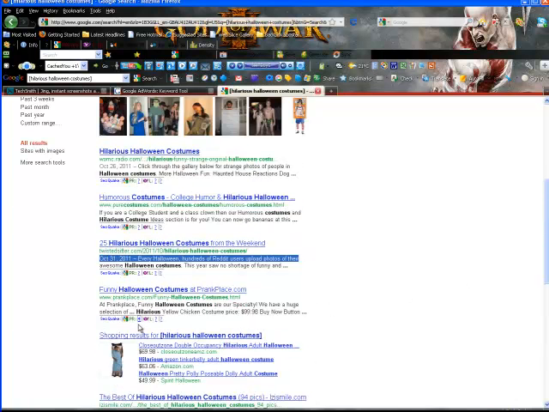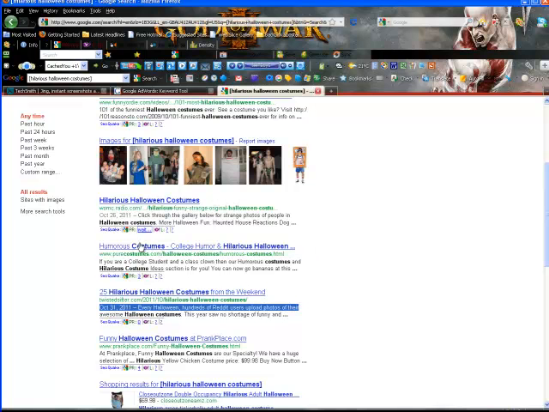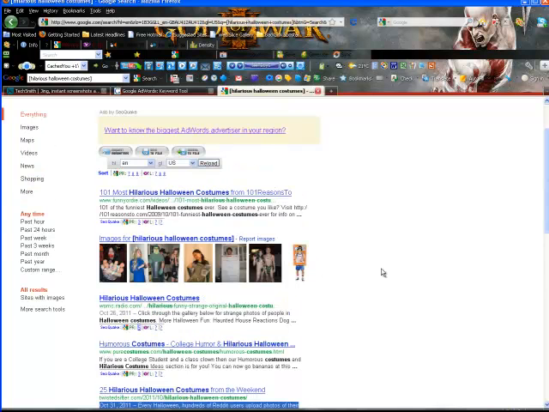PR4, page rank 4. I got page rank 0, page rank 3, page rank 5, and you see that's one of the reasons why it's a needed top. It's number 4 position, and page rank 3. Now, page rank 3 probably has a domain age or more links to it, but this is page rank 5, and it's in a good position, number 4. So we want to be in the first 3 positions. 1, 2,